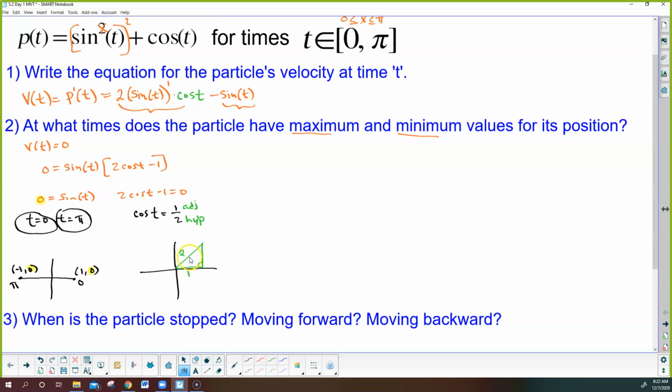So when is my adjacent 1 and my hypotenuse 2? Well, this is a special kind of triangle. 1, 2, square root 3 is my special 30-60-90. Again, you may have a different way of doing this, but across from the square root of 3 is always 60 degrees, but my answer is in radians. So I can't say the answer is 60. I have to convert 60 into radians, and that's pi over